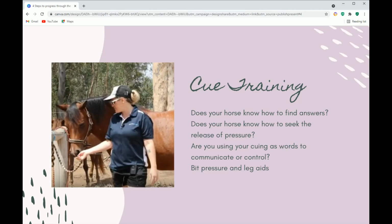Like that's the behavior that you want. How are you reinforcing them to want to do it again? How do you motivate them to stay engaged, connected, and consenting in your ask? Does your horse know how to seek the release of pressure? Do they even know that the pressure is going to go away when they get the right behavior? Are you actually releasing the pressure when they give the right behavior, or are you just trying to control them